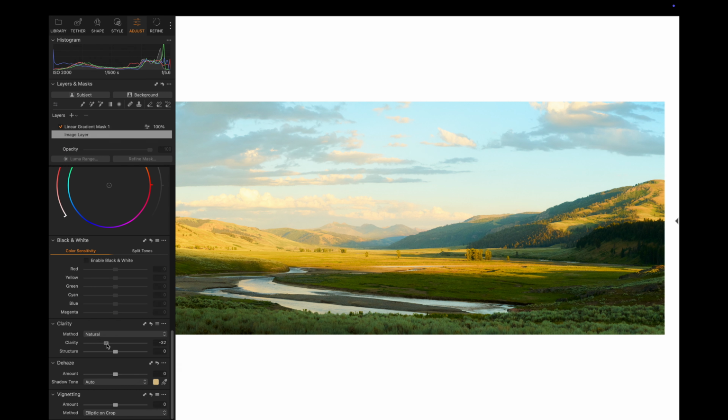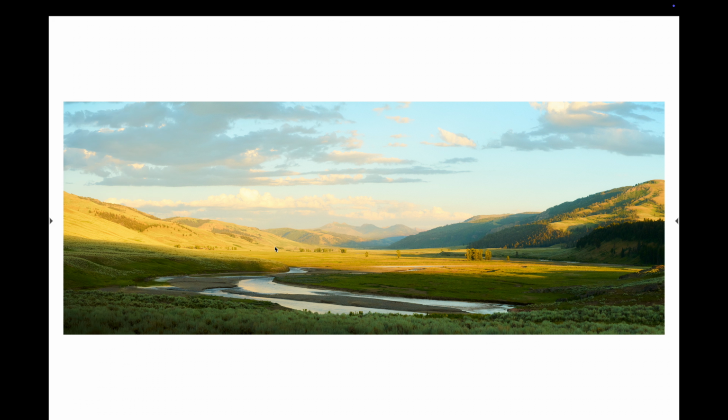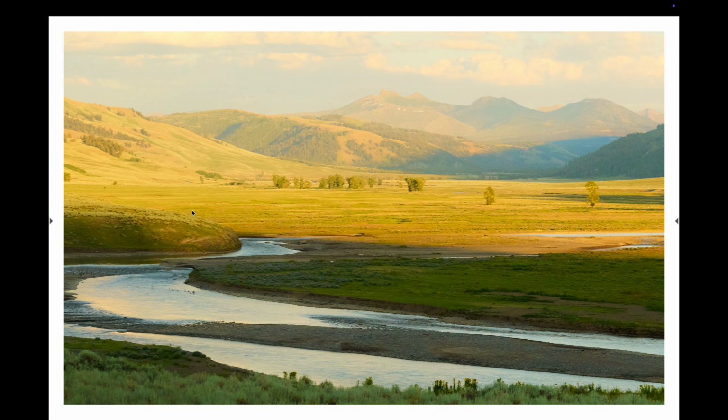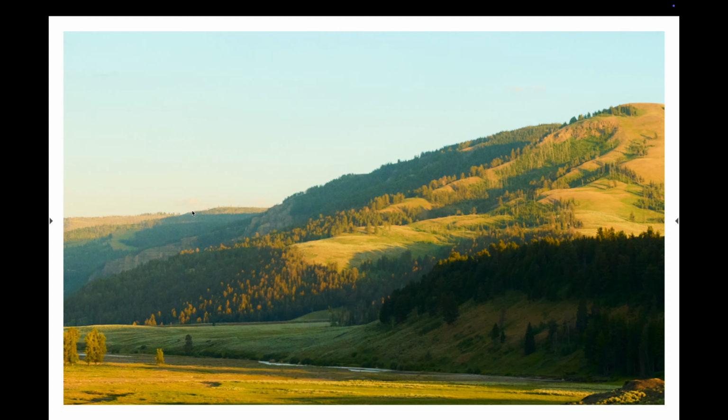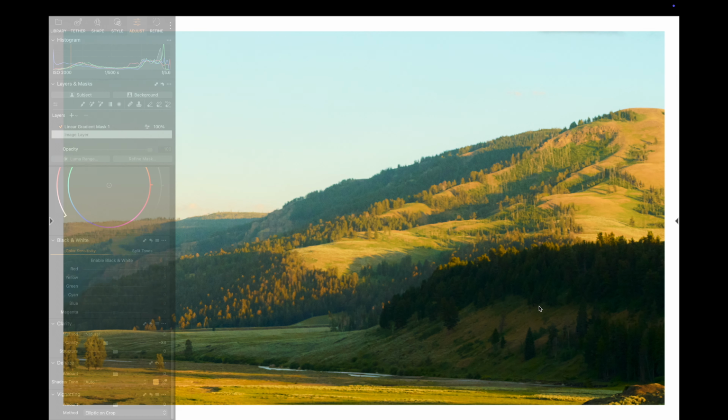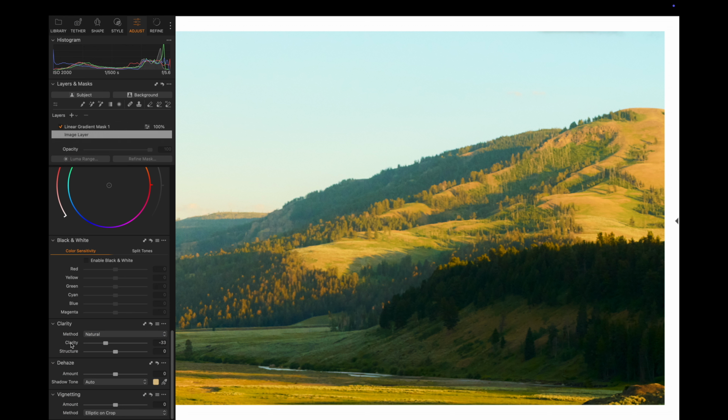We're gonna go, let's say 33, 33. And we zoom in and take a look at what it's doing. Let's find a contrasty area of our image, maybe this hill over here, along with the sky and these trees. If I disable and re-enable that, you can see the difference it's making, where it just softens up our image